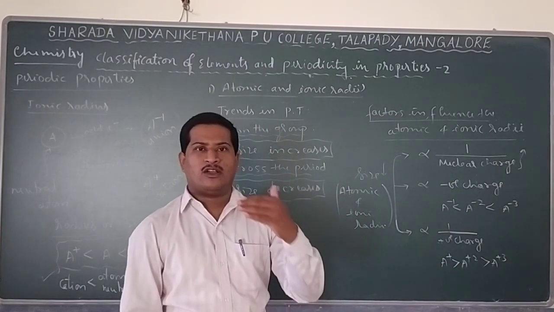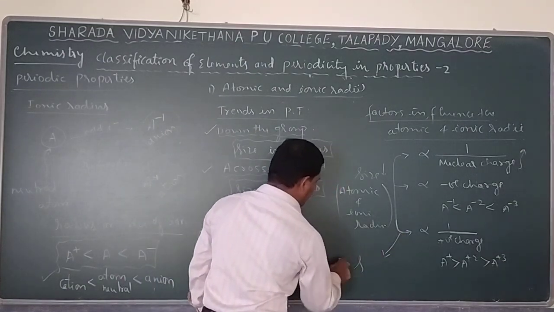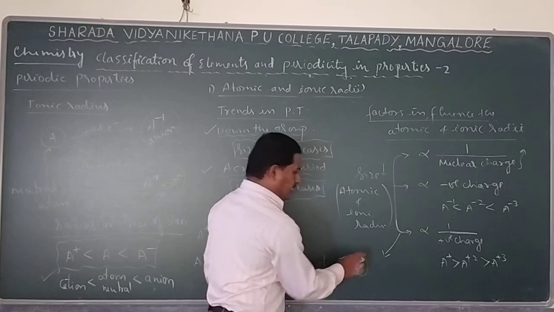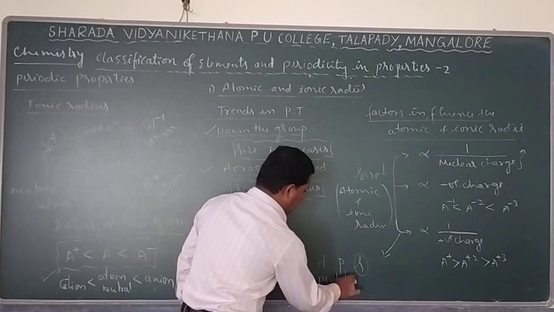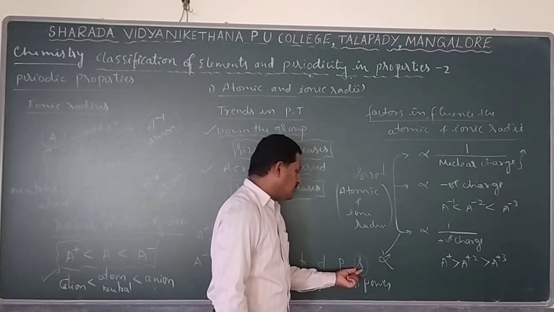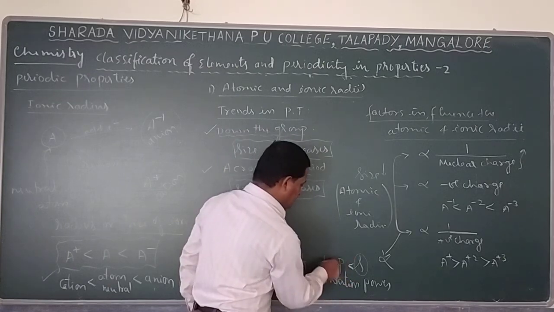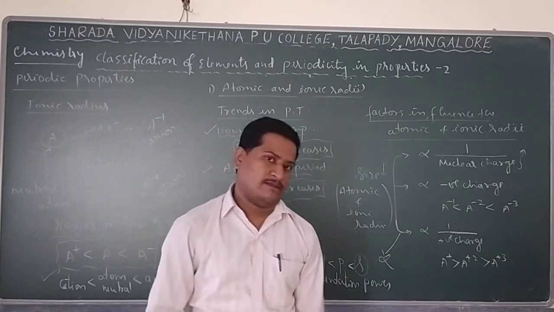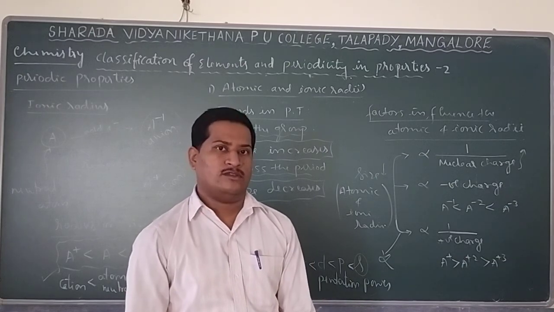And also, from a competitive exam point of view, size also depends on one more parameter: whether the electron is in an s orbital, p orbital, d orbital, or f orbital. If the electron is present in an s orbital, then that atom shows bigger size compared to the p orbital. That is called penetration power. So size is inversely proportional to penetration power. If the electron is in an s orbital, it shows bigger size, whereas if it occupies the f orbital, smaller size. This is for higher level, but we can remember penetration power. Like that it is possible to find the size in case of an atom as well as ions.